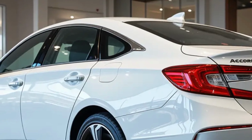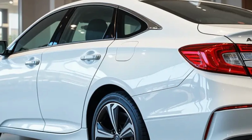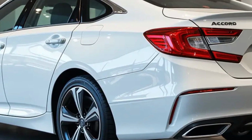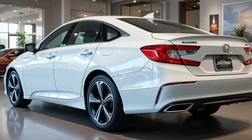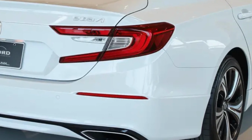Comfort features include dual-zone automatic climate control, a power-adjustable driver's seat, heated and ventilated front seats in higher trims, and a premium audio system on select models. Rear passengers enjoy ample legroom and a comfortable seating angle, making the Accord a strong option for long drives or